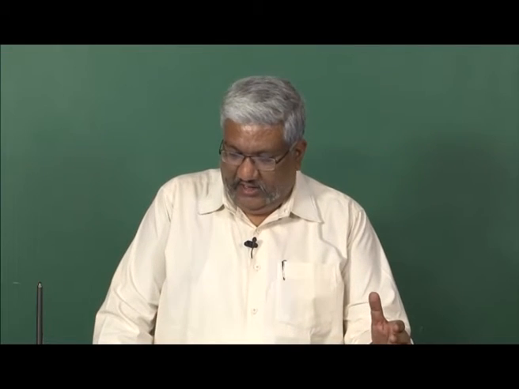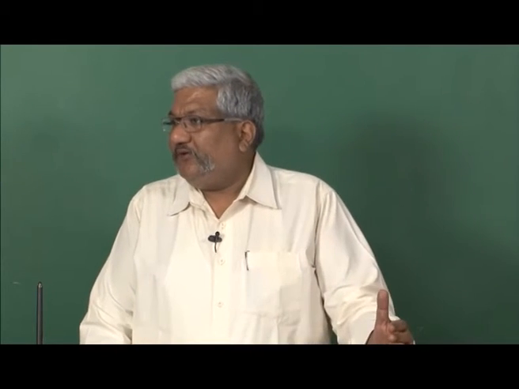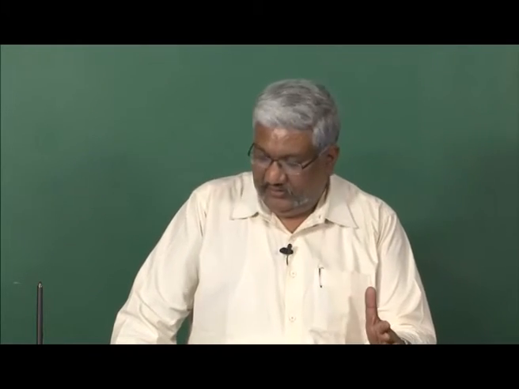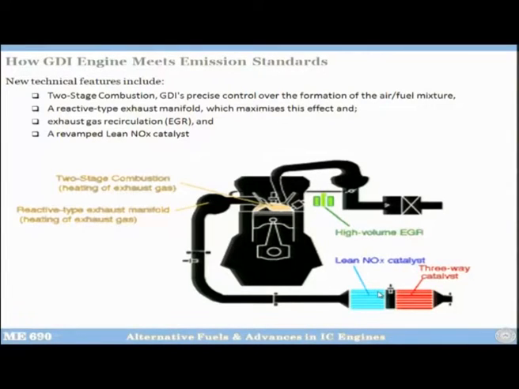Okay. So, now you see a GDI engine is not operating at stoichiometric mixture. Overall, you are always operating a GDI engine lean. So, that is why the lean NOx trap is required to absorb the NOx when you are operating lean, because the three-way catalytic converter will be ineffective in such a situation. So, you keep absorbing, and when you have to desorb, you make the mixture stoichiometric. Then HC and CO will be produced, that will knock off this NOx, and this will be neutralized by the three-way catalytic converter. Clear? So, this is how TWC and LNT are going to work.